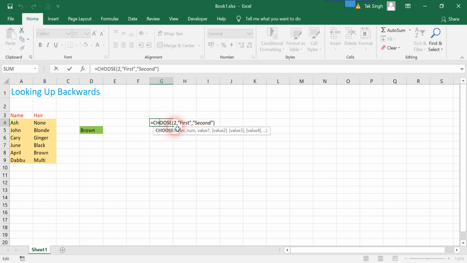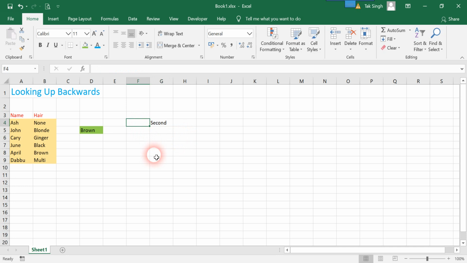So you can see what the CHOOSE function is doing. CHOOSE is choosing the element at this index number position from the arguments that are passed after the index number, or the values that are passed on. It can be n values, there is no limit to that. There is an alternative way of doing that: it's not like you have to always type the values over there.